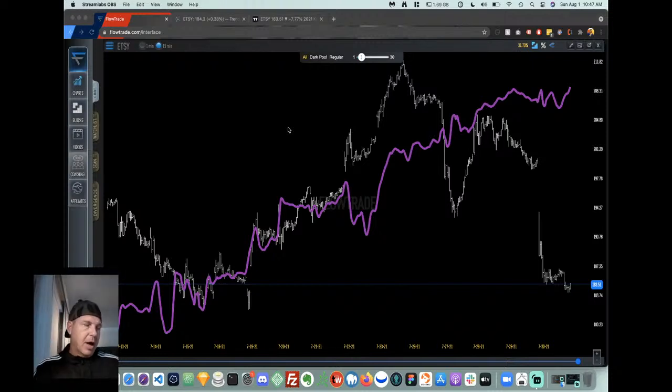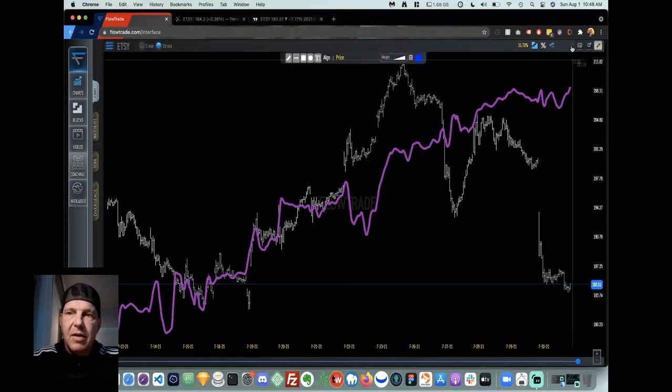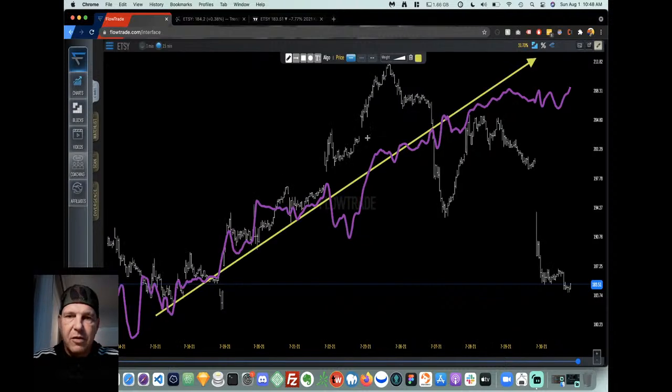All right, I'm going to start off with Etsy. I believe Etsy's probably got the most upward potential. After an extreme drop at the end of last week, we've had net buying for Etsy for the last couple weeks. What I mean by net buying is this. The algorithm has been, interim divergences have played out, such as here,